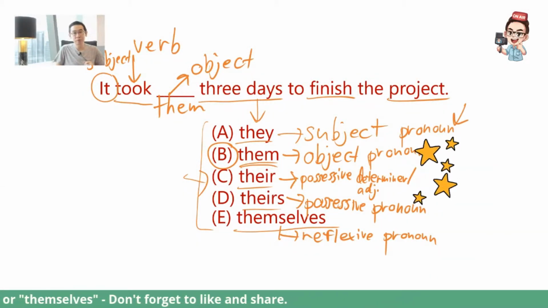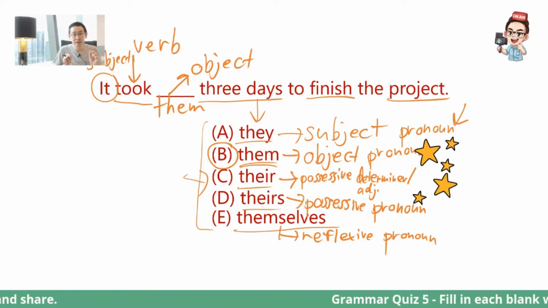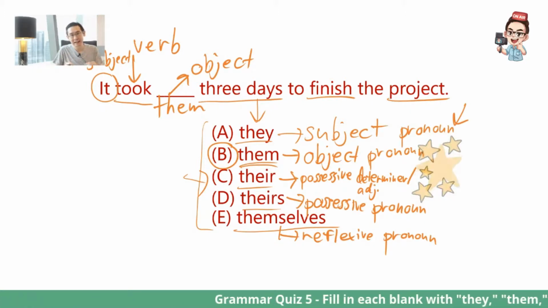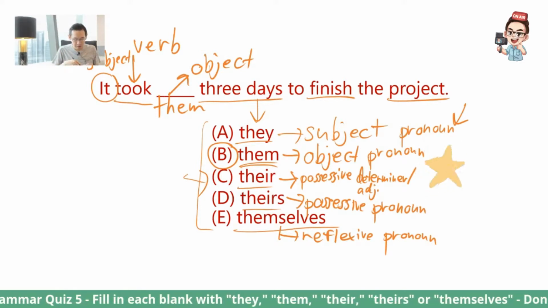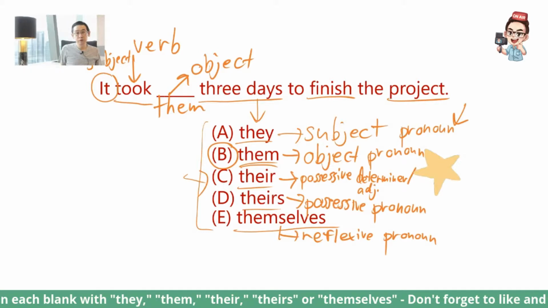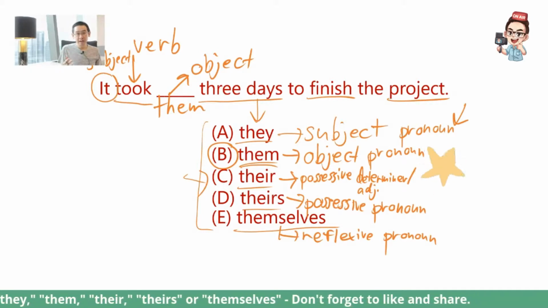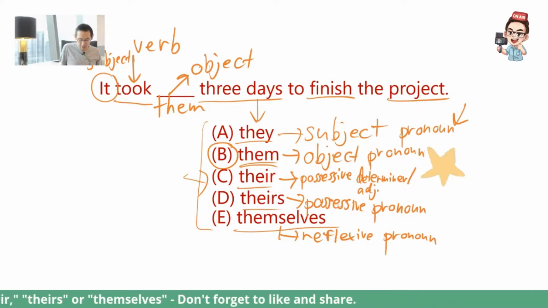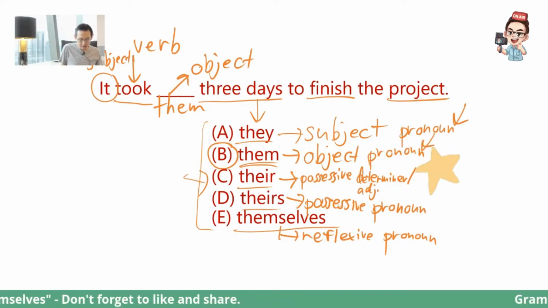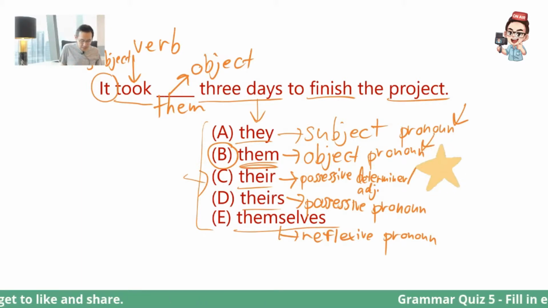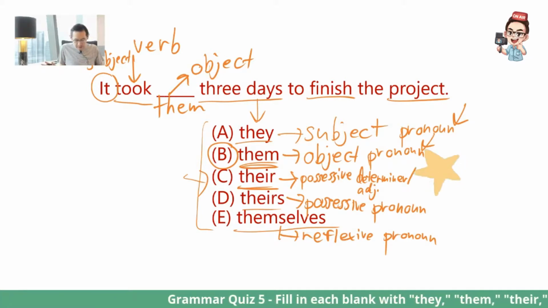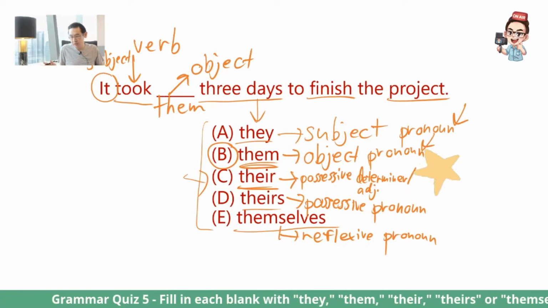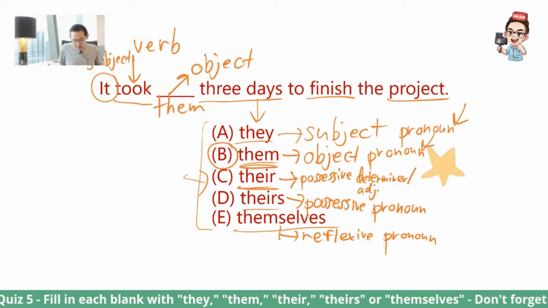A subject pronoun is used to replace the subject of any sentence. Like, you don't want to repeat the noun, you use the pronoun, okay? And if you don't want to repeat the object, or something receiving the action, we use an object pronoun, so "them" in this case. And for "there", it is used as a